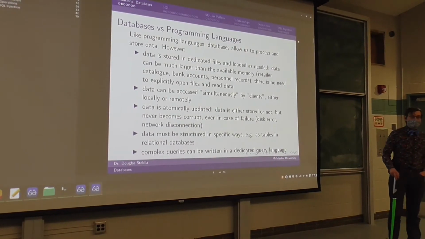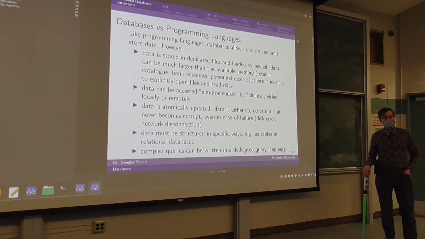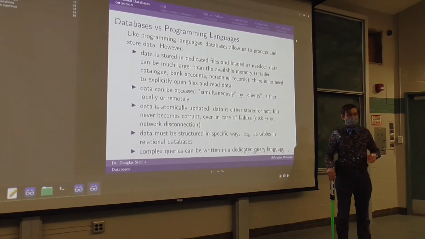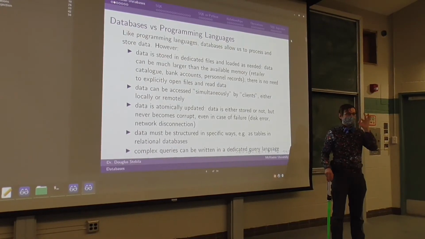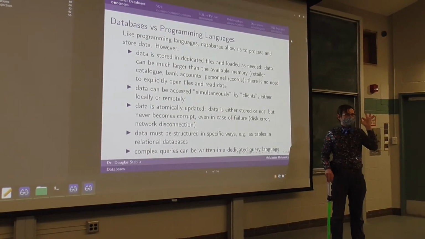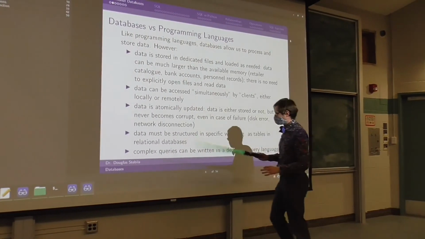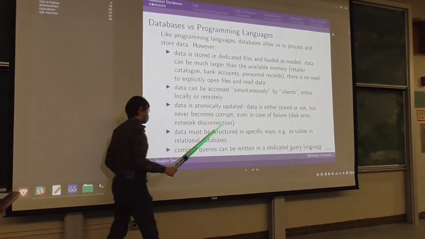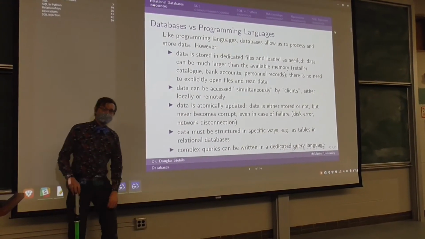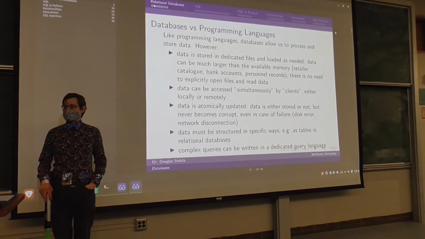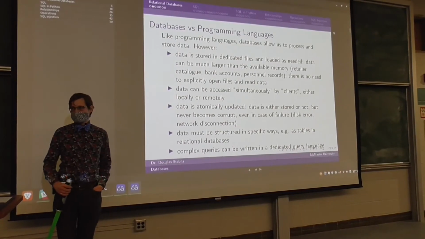So even if the current transaction fails, the database remains in a stable state. Databases are constructed for data reliability. That is their main focus, right? Complex queries can be written in a dedicated query language. So SQL, Structured Query Language, is a different language than Python.